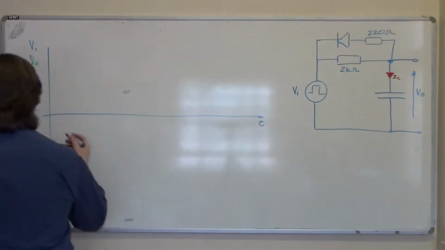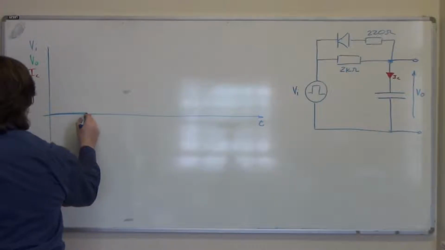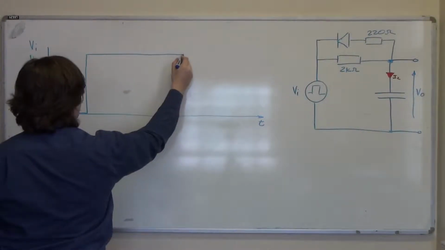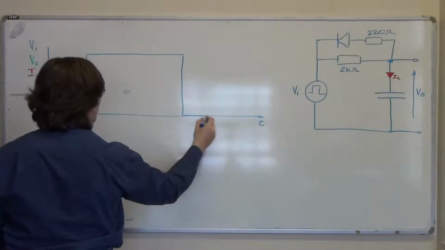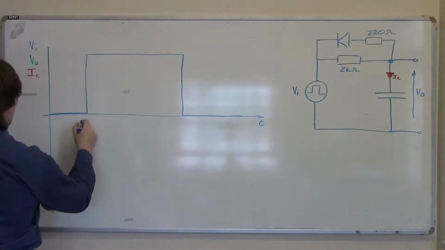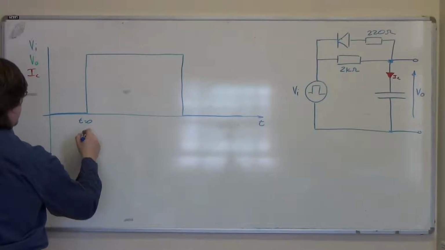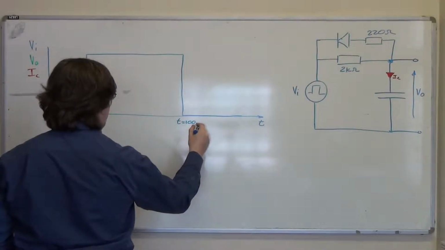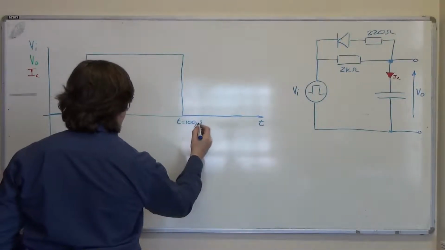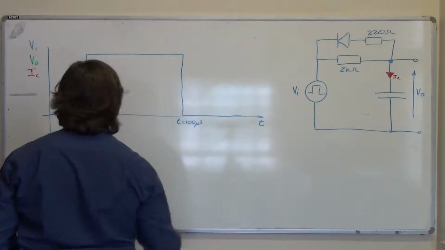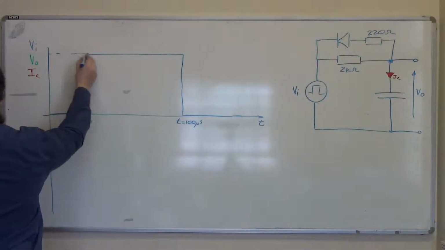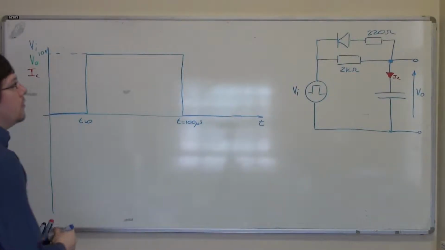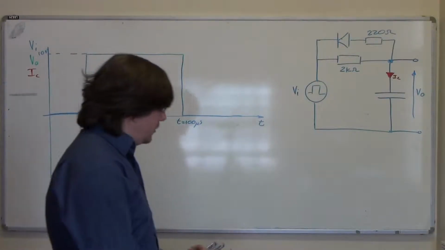So we can draw our input because we know what it's going to look like. We'll have a pulse like that. And this is going to be our t equals 0. And this is going to be t is equal to 100 microseconds. And the height of the pulse is 10 volts. Alright, so if we